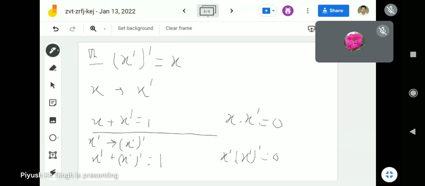ठीक है, और उसमें हम x प्लस x बार बार इज इक्वल टू 1 होगा एंड x डॉट x बार बार इज इक्वल टू 0 होगा। अब हम कह रहे हैं दोनों में कि यूनिक कॉम्प्लीमेंट है। जब यूनिक है इसका मतलब है कि x प्लस x बार 1 हो रहा है, ठीक है, तो इसका मतलब होगा कि x इज इक्वल टू x बार का बार। इज इट क्लियर और नॉट? जब हम कह रहे हैं कि x का कॉम्प्लीमेंट x बार यूनिक है, तो x बार का जो कॉम्प्लीमेंट है जो इस इक्वेशन को होल्ड कर रहा है वो अगेन x होगा।